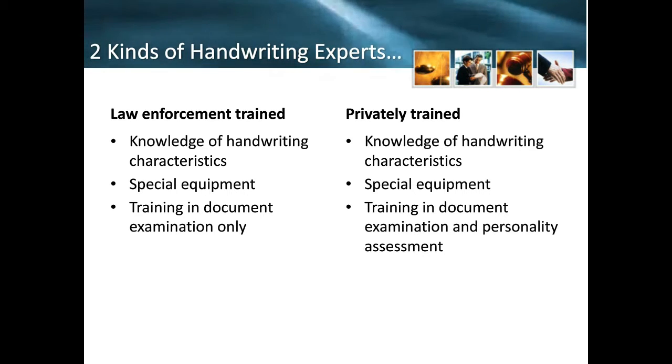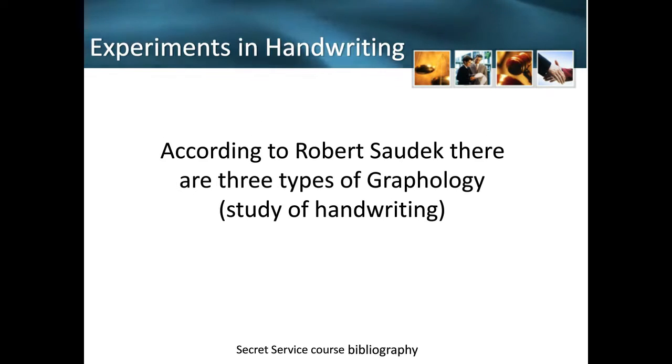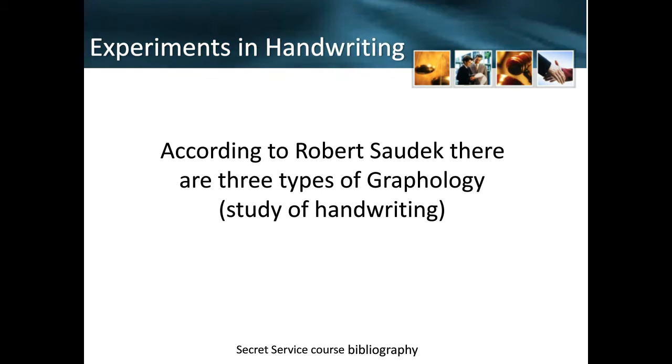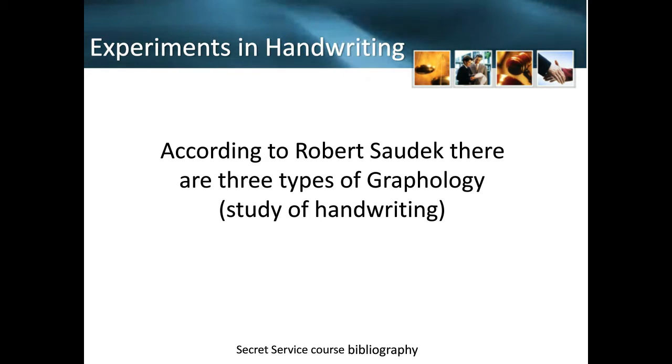So Sohus was a Czechoslovakian document examiner. And in his book, Experiments in Handwriting, he says that there are three types of graphology. Well, graphology is basically two Greek words, graphine and logos, that together mean the study of handwriting. And so in the book, he talks about the three types of handwriting